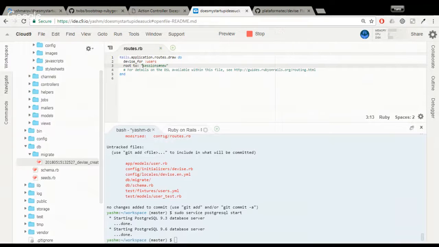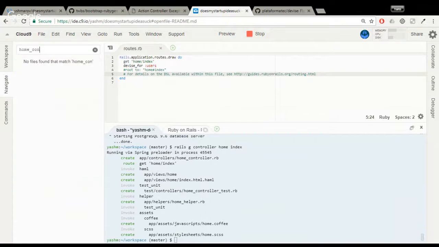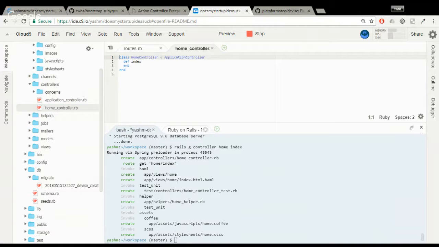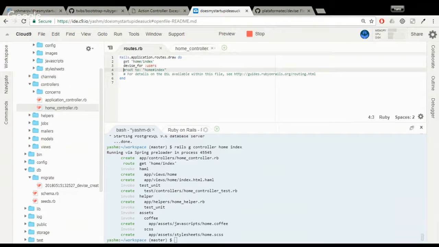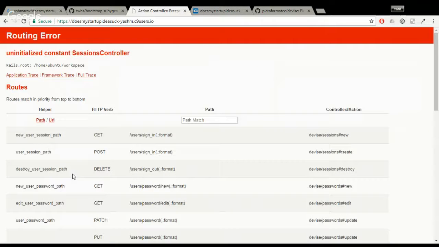So for this, we'll generate a home index controller. So rails g, yep, home controller index, and we'll have the root home index. It must have also created the basic views. Let's see. So views home index, it exists. So if we go to the application,